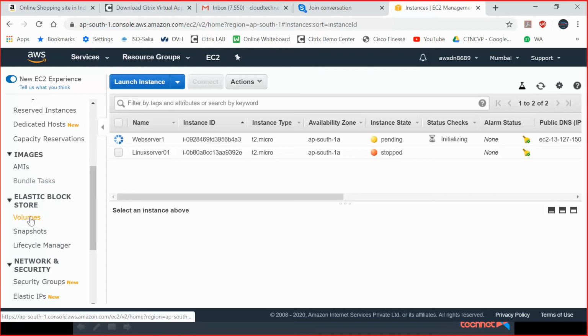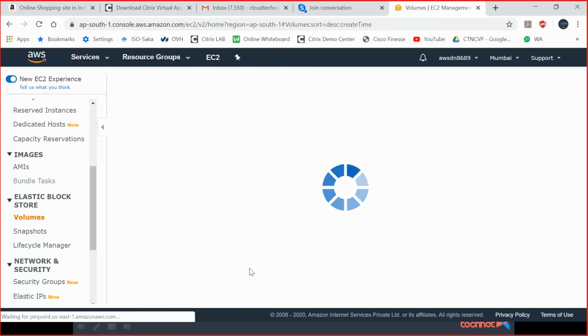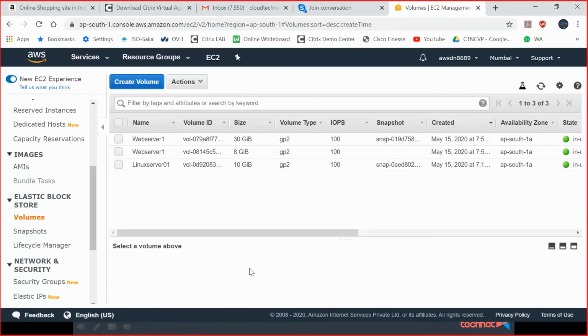Please go to that and go to volumes. Here previously I created a Linux machine, the 10 GB is showing, and web server 1 I created, by default 30 GB, and additionally I created 8 GB. So these two drives are available right now.